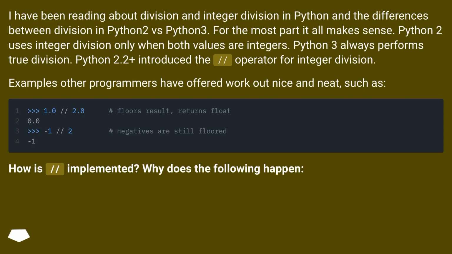I have been reading about division and integer division in Python and the differences between division in Python 2 versus Python 3. For the most part it all makes sense. Python 2 uses integer division only when both values are integers. Python 3 always performs true division. Python 2.2+ introduced the // operator for integer division. Examples other programmers have offered work out nice and neat, such as: